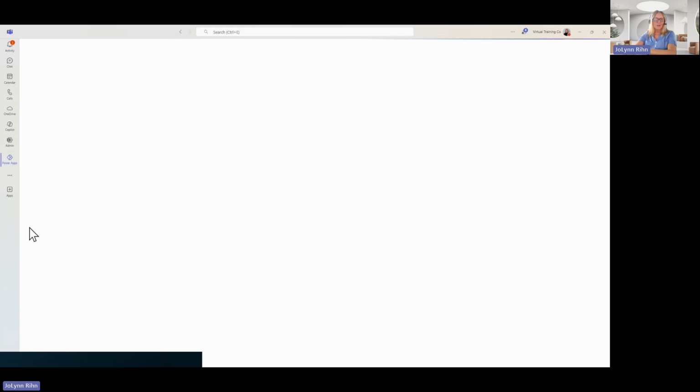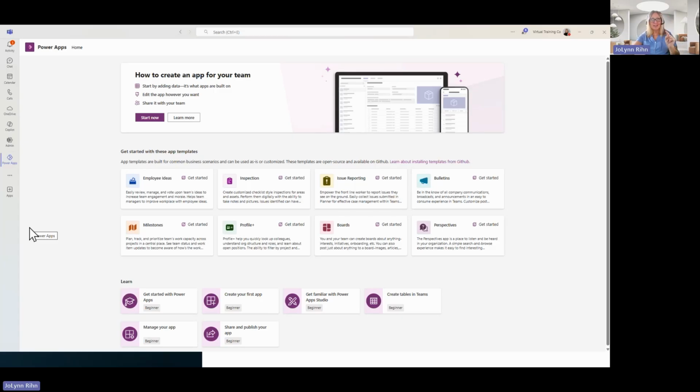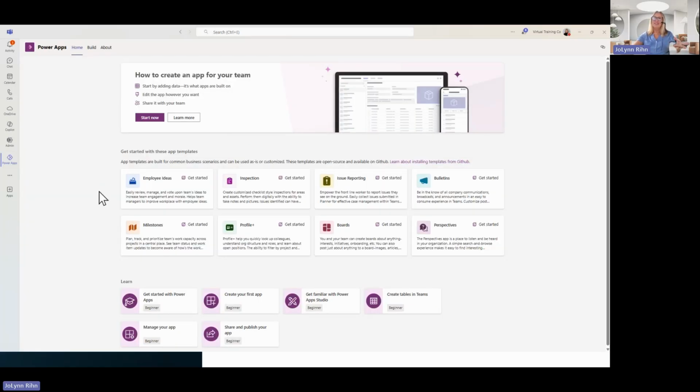But a little bit later when I talk about using built-in workflows through SharePoint, we can also access Power Automate directly through the activity here in Microsoft Teams. So you'll see that by the end of the session today as well. But anyway, when you come in this way, you can see how to create an app for Teams. I'm going to skip that right here, but you can see that it's got some suggested templates that we could be using. I'm not going to use the program directly through here, but just so you could see, you could access Power Automate from here.